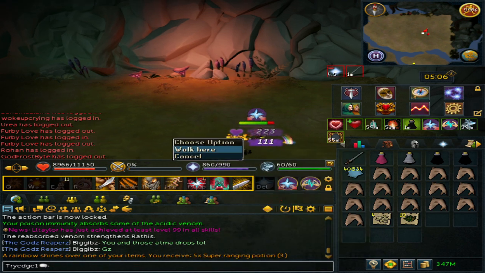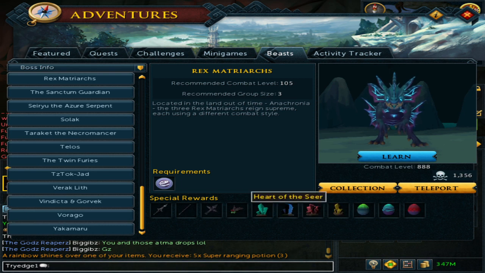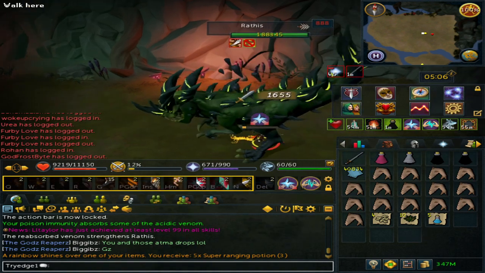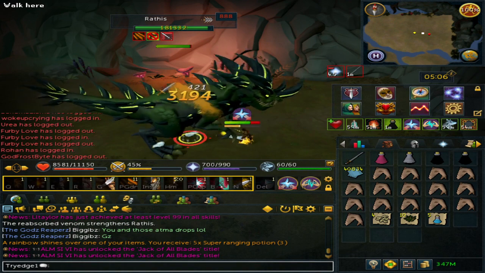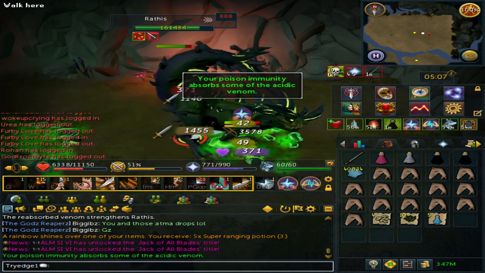And then for the very specific one that Rathis can drop, the archer, let me see. I think it's archer keystone. Let me see right here. Yeah, heart of the archer. This has a drop rate of 1 in 250. So since you kill about 30 per hour, you can pretty much expect to get a drop every 8 hours or so. And again, this does not include the spear drops, so all of those are additional GP per hour. So the very minimum is 4.3 mil,